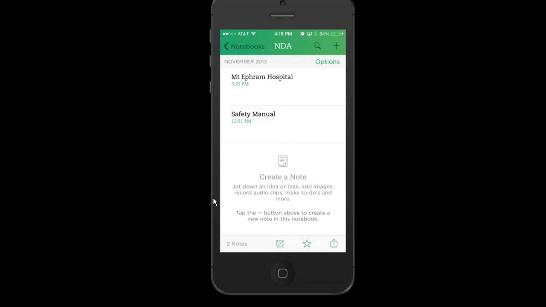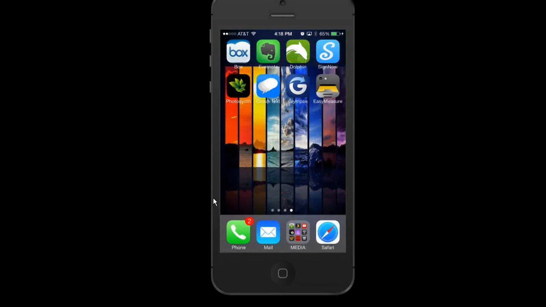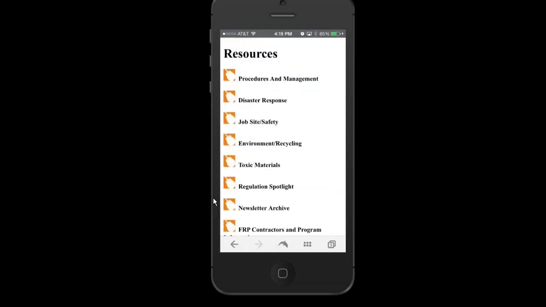But some of the other great things with Evernote is that it also works with other third-party applications. If you use a smartphone, you're familiar with the browsers on them. They've either got Chrome or Safari on an iPhone or a variety of different browsers. But one of the browsers that I really like because of its integration with Evernote is a browser called Dolphin. It's a simple internet browser, the same as you have already built into your phone. But it has a unique feature in that it lets me add entire web pages and documents directly into Evernote. So, for example, I go to the resources section here.